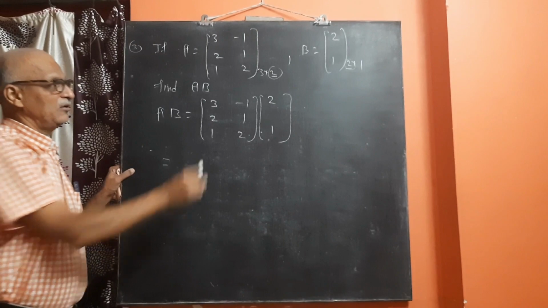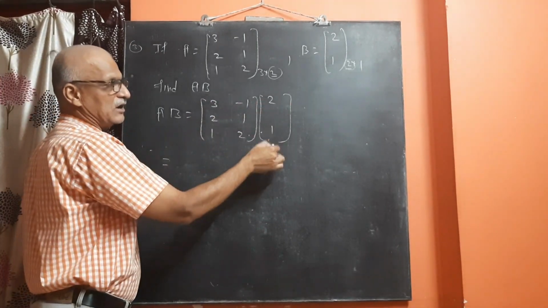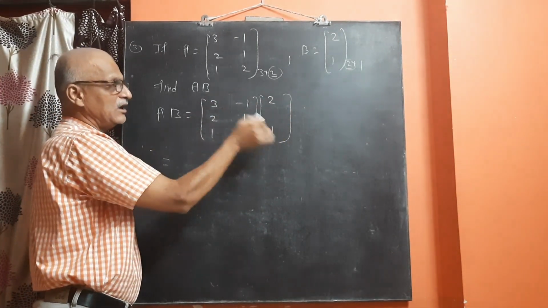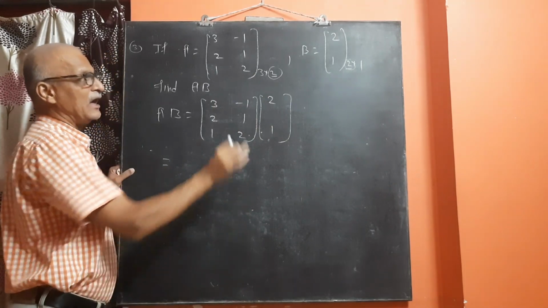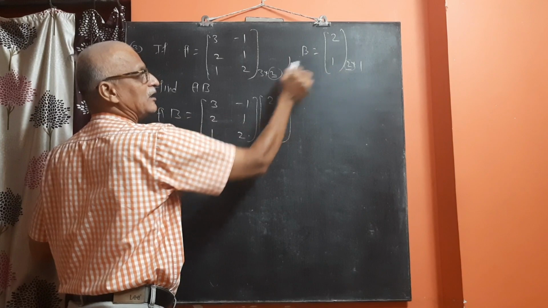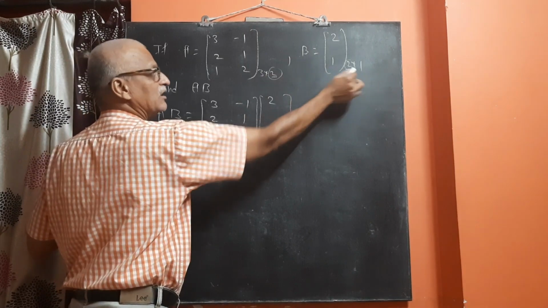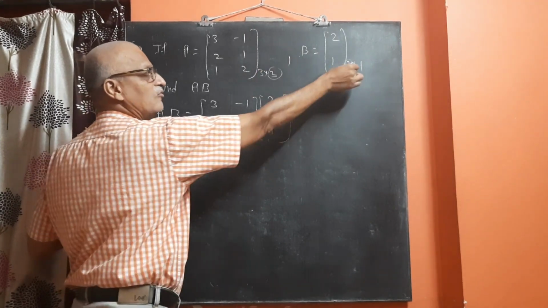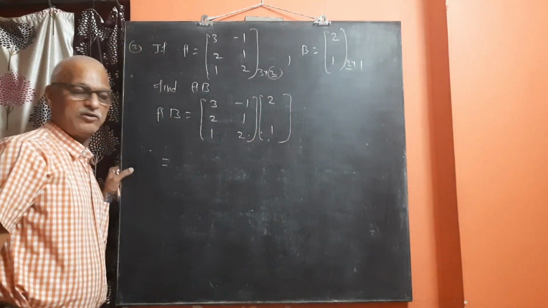Our concept is we have to multiply the first row with first column. अब यहाँ पे एक ही कॉलम है तो ये कॉलम हर एलिमेंट के साथ में मल्टीप्लाई हो जाएगा. आपका रिजल्टेंट मैट्रिक्स का ऑर्डर क्या रहेगा? ये 2 और 2 निकल गया. That means the resultant matrix will be 3 by 1. That means there are 3 rows and 1 column, or it is a column matrix.